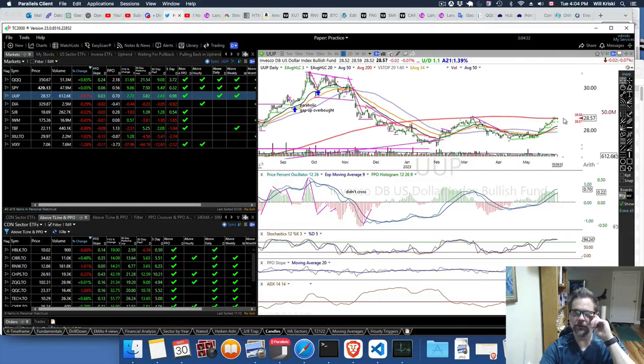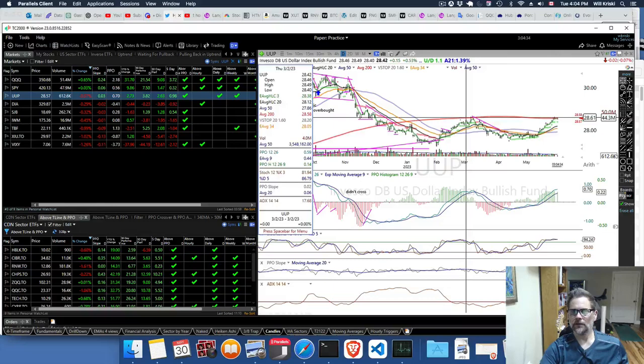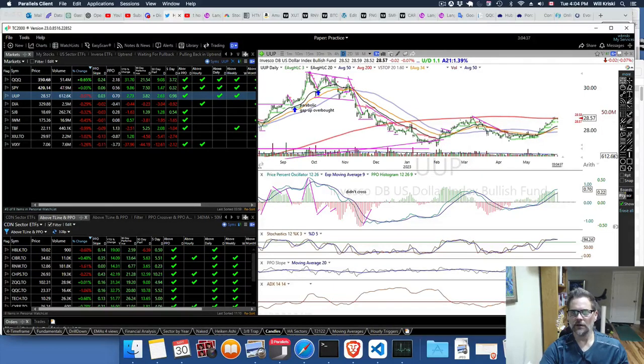And the chances are, based on the previous ones, a lot of times I'll draw a horizontal line across the point, and you'd want to see it breaking up above there and maybe even pulling back to test it. So this is a little bit of a worrisome issue when the dollar starts getting stronger, because that can be bad for the markets. Also, there's some news that there's a chance of an interest rate hike in June